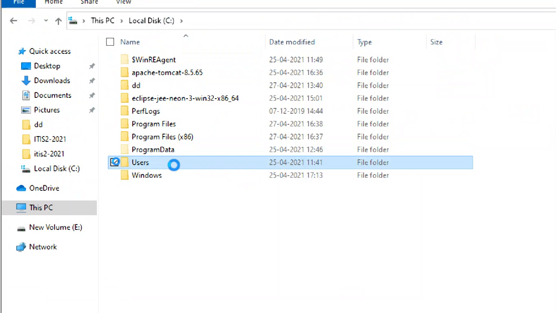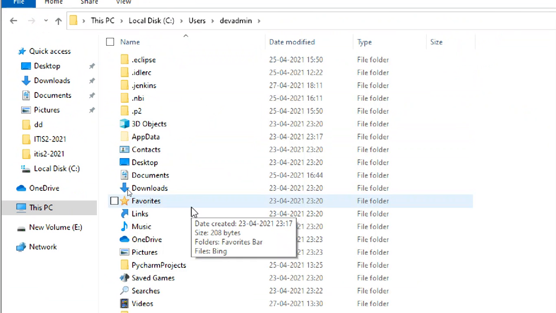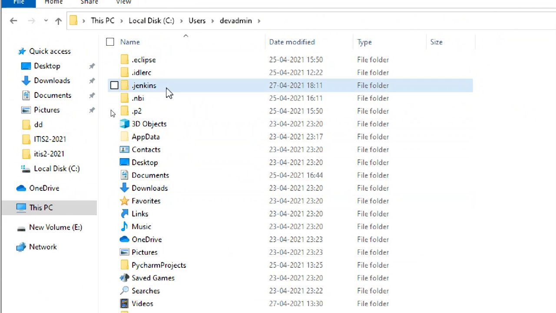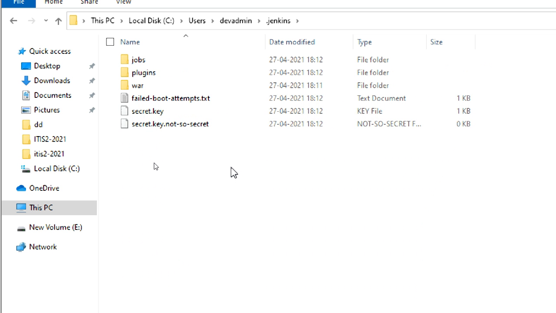Users. This is your profile, dev admin, Eclipse. This is a dot Jenkins folder. When you install Jenkins, the Jenkins files are extracted and all installation files are stored in this location only.